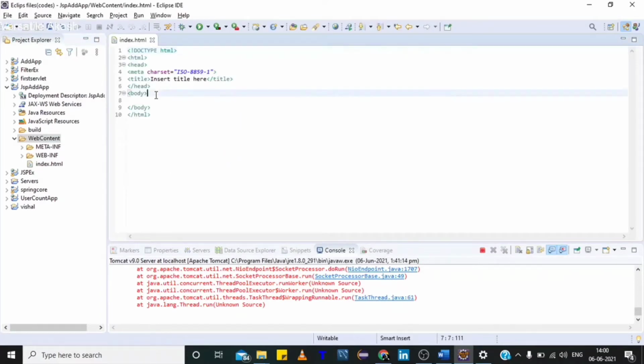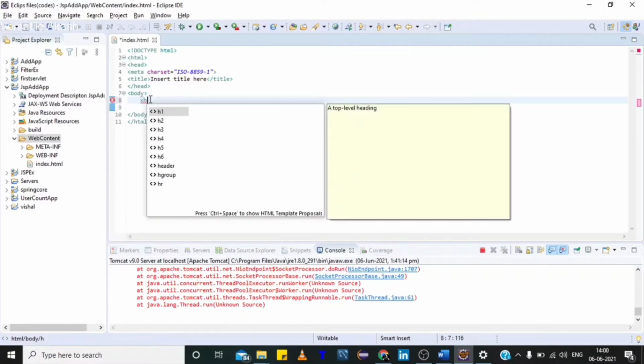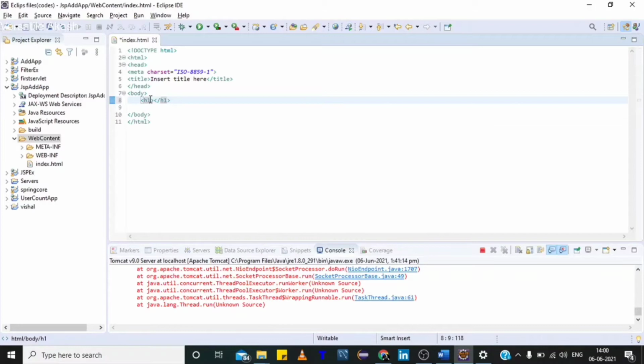So this is our HTML page, like the home page. First create a heading, welcome. So h1, welcome to my website. Not, welcome is enough.